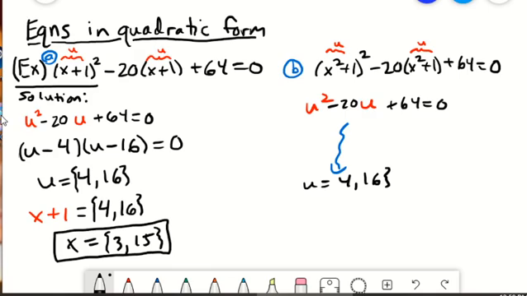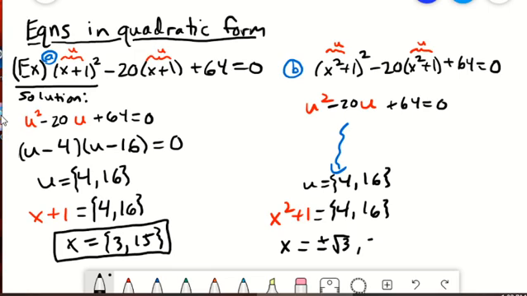The difference here would be that now x squared plus 1 is going to be equal to 4 and 16. So this is not really a quadratic equation. It is a quartic one. And this one has actually 4 solutions. So if I subtract 1 from both sides and then take the square root of both sides, I get plus or minus the square root of 3 and plus or minus the square root of 15 as the solutions for x. Once again, you'll want to check your answers